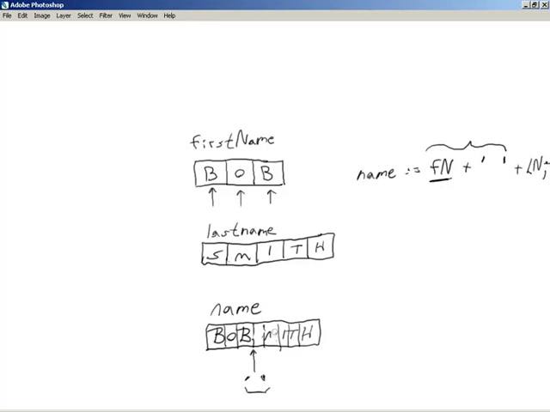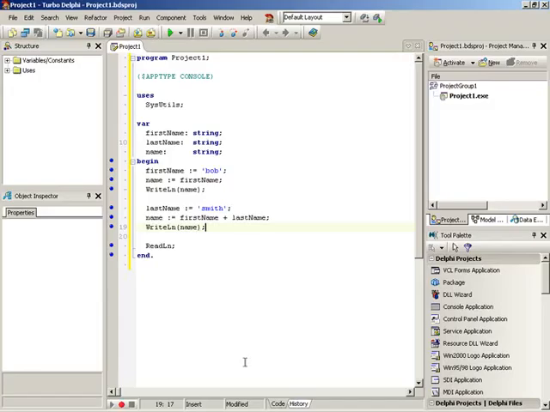So what happens now is the data gets completely changed because it's being overwritten, obviously. So we now have the space in there and S, M, I, T, and we now have the H over here. So that's what it ends up looking like. So let's go ahead and prove that by jumping back over into Delphi and adding a single quote, space, and